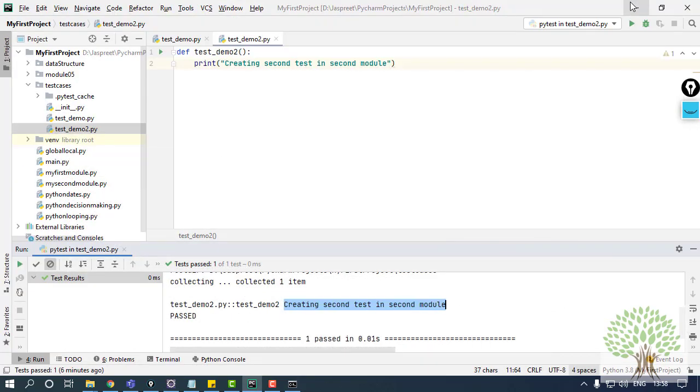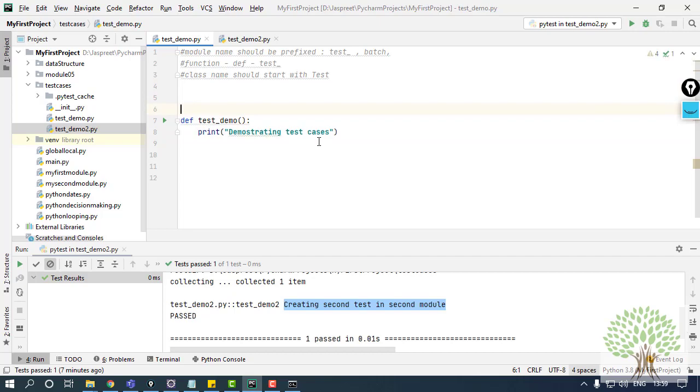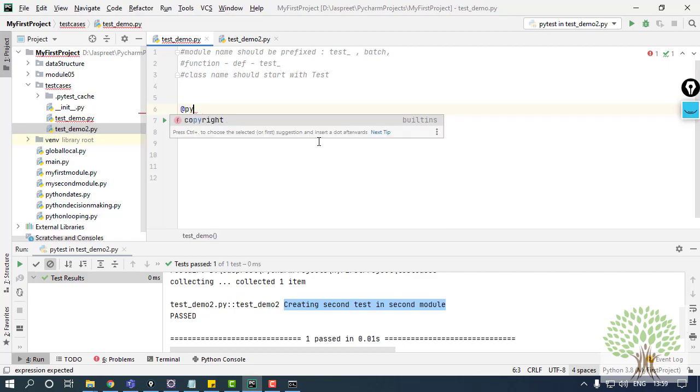Now moving further, suppose at some time you want to skip some test cases. That also comes up at some point, so we also need to know that. That's very easy. Now till now I have not used the PyTest package. I have just written a test case and I am running it. But now to skip the test case, I will require that package. So I'll say @, this is basically the decorator that we have studied in the Python basics. So do watch that if you face any issue.